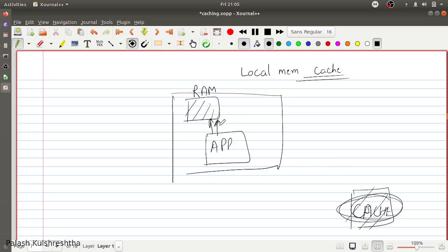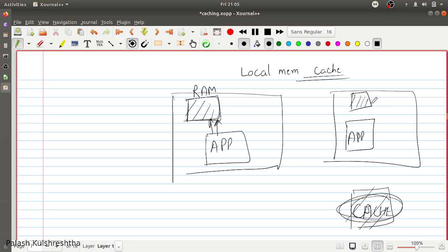So this is an in-memory cache, and it can do all these things, but one of the disadvantages is that if you have multiple application servers, then your in-memory caches are going to be different on your different instances, and it can give you unpredictable latencies, because some elements are going to be cached here, and if the next request comes here and it is not cached here, then it is going to be a cache miss.